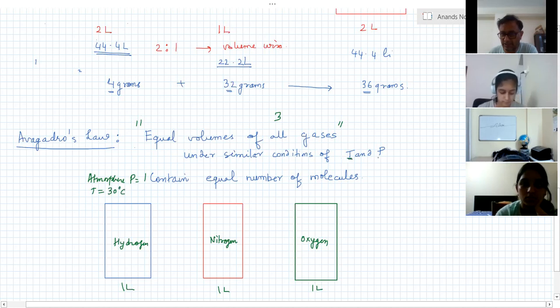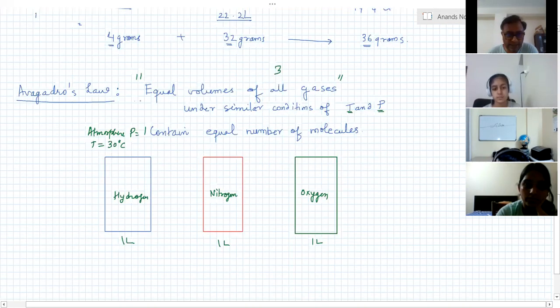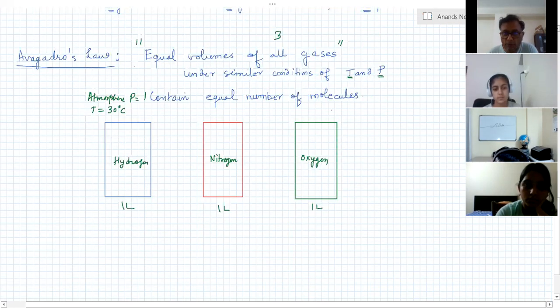Don't take hydrogen in Bangalore and compare with Bombay's high temperature. The conditions for the gases have to be the same. So I have taken equal volumes, and then he said they all contain an equal number of molecules. That means if you are going to count inside...